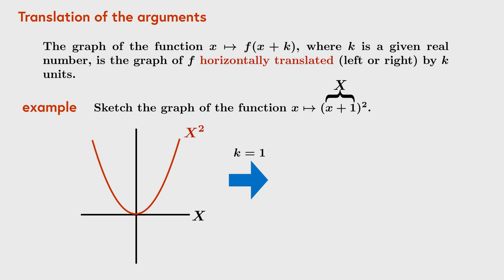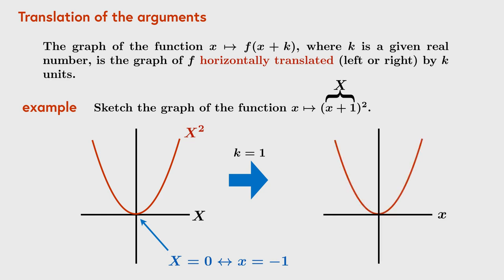That would be it. How do we relate that to what the graph should be in terms of our real variable, lowercase x? Well, the key is to note that capital X equals 0 in the change of variables corresponds to little x equals minus 1. That's where the origin should be shifted to. So we take our graph, we shift it to minus 1, and that is the graph of the new function (x plus 1) squared.